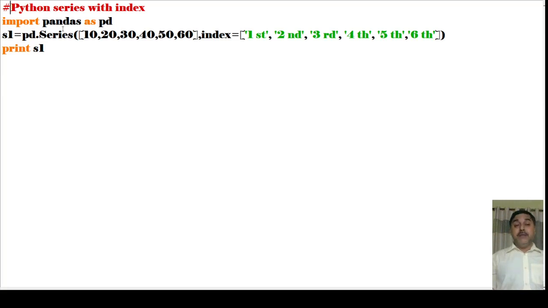Python Pandas provides another function, named the index function. The index is under the series function, and the series is under Python Pandas.